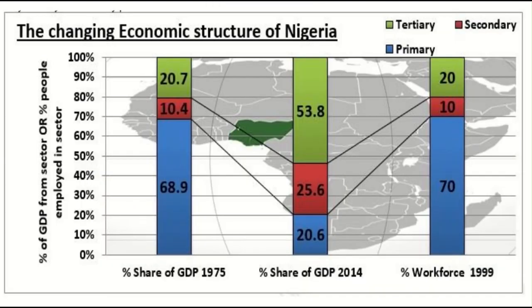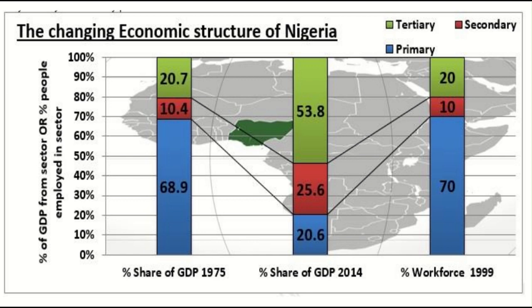And Nigeria has undergone somewhat of a change. A former British colony, if we go back to 1975, the vast majority of Nigerians would work in the primary industry. Now, the primary industry would be things like agriculture, in particular subsistence agriculture, which is where the vast majority of Nigerians would have worked. Flash forward to 2014,